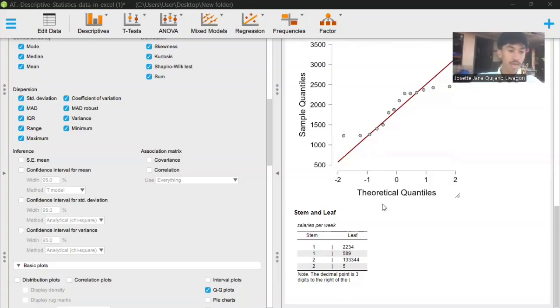Stem 2, 1,950 to 2,449, 6 data points, clustered around 2,000s. Stem 2.5, 2,450 to 2,999, 1 data point, 1 higher outlier at